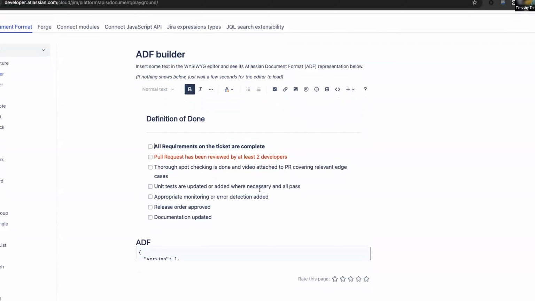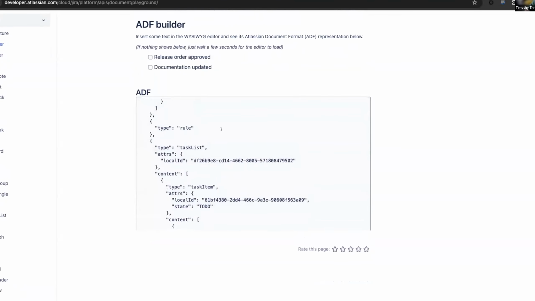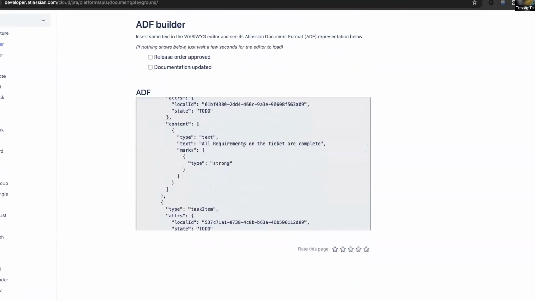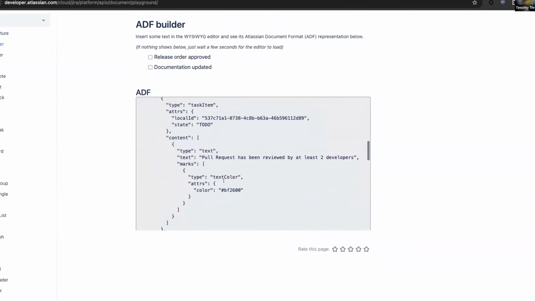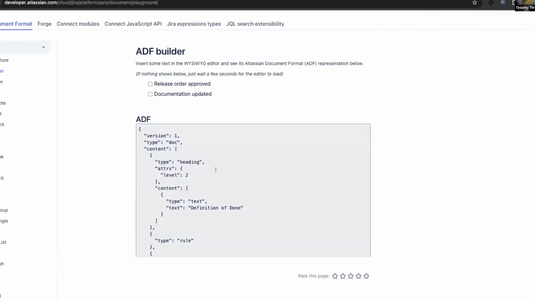And it would be very, very time consuming and difficult for me to try and work this all out manually in ADF. Thankfully, I don't have to. It's already done. The numbers have been crunched, and you can see all of my items are now type of task list, and I've got IDs associated with them, so it knows the state of if it is to do or is it done. I've got my text color here for my pull requests. All of that has been taken care of for me in the Document Builder. Really easy, really simple. I'm going to go ahead and copy this